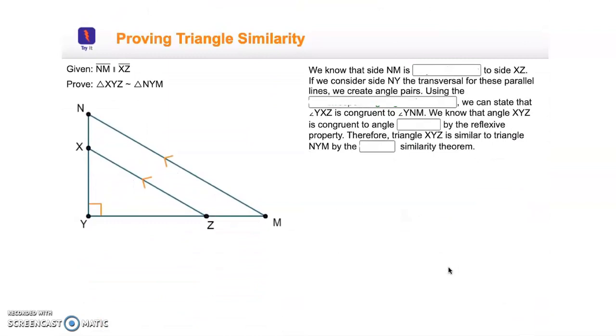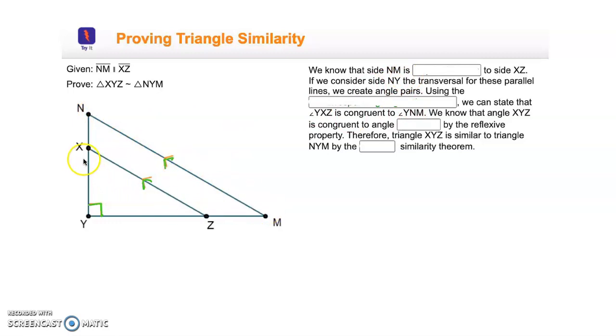All right, this is another proof with different angles that we're going to be using. This time we have parallel lines. We've got 2 lines marked as parallel, right here, and we have a right angle. Notice this right angle is part of the smaller triangle, and it's part of the larger triangle. So we know that